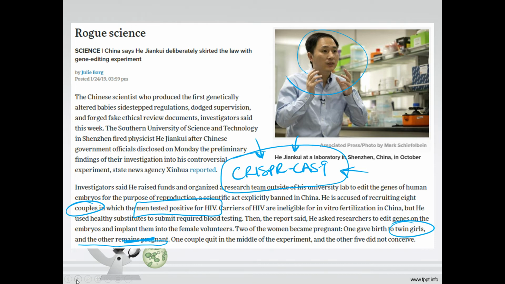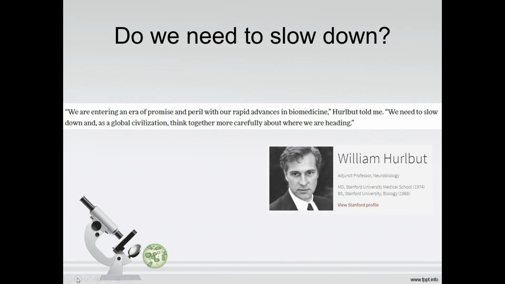He did go to jail. He was released from jail in April of 2022, so just recently. All right. So some people would say that's amazing that we can make people resistant to HIV, and other people would be like, whoa, that's too much. So some scientists would argue that we need to slow down, and others are like, it's just the science. Let's figure out the science, and society can decide what to do with it. So this scientist from Stanford, you can read his words. We need to slow down